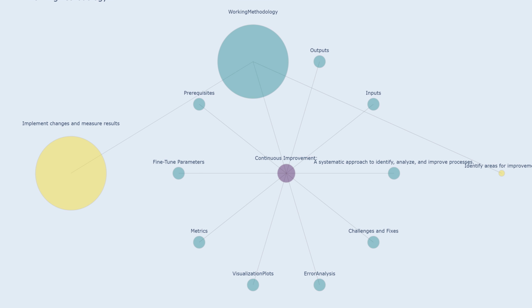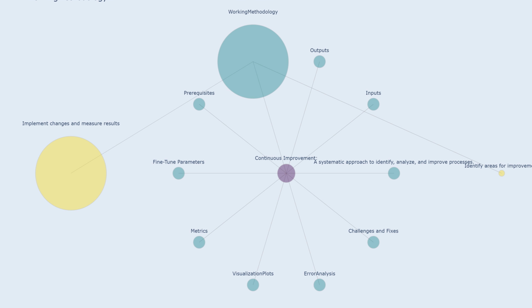The organization implements changes, such as process modifications, training programs, or technology upgrades. After implementing changes, it's crucial to measure the impact of those changes to determine their effectiveness and identify areas for